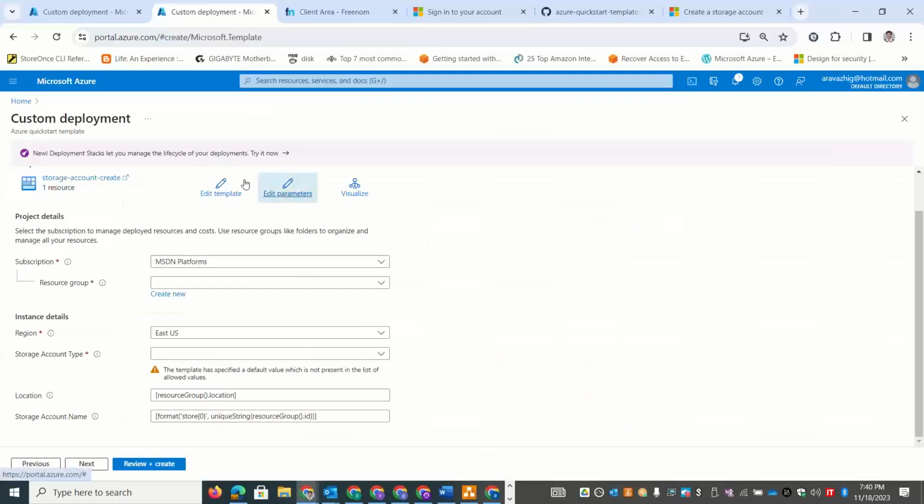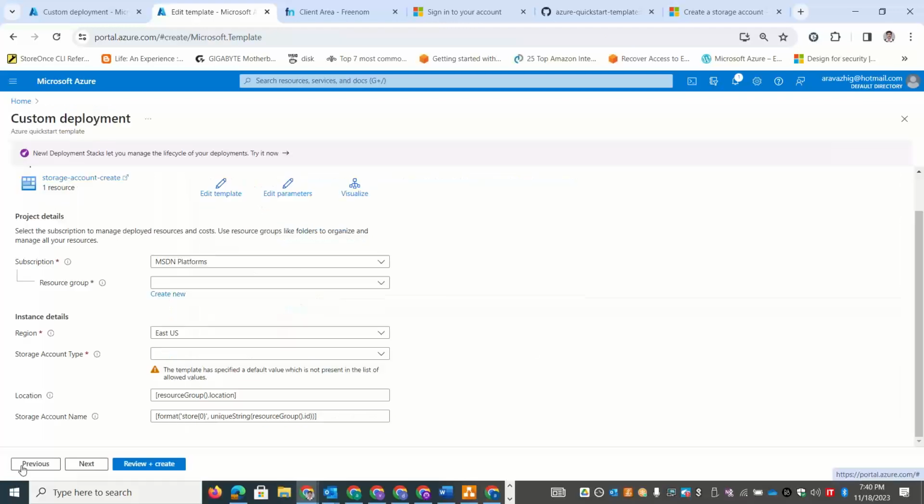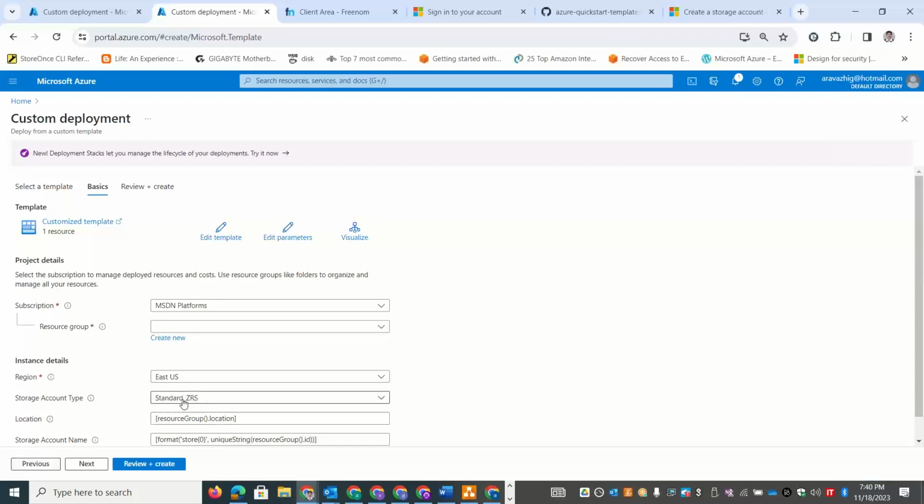So if I want to edit the template again, you can edit it anytime. And if I just give standard ZRS, automatically this will become the default option here. So if I go to the template, see, it has become a default value. Automatically it has picked up the region. And if I want to select the resource group, I can select it, or you can specify that in your